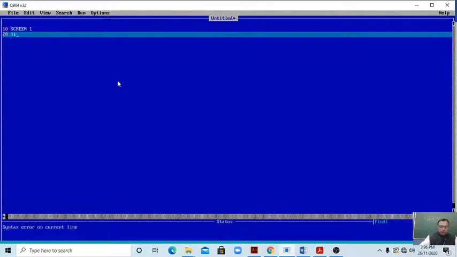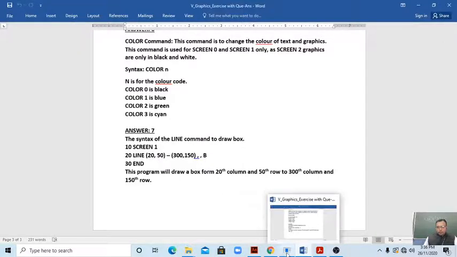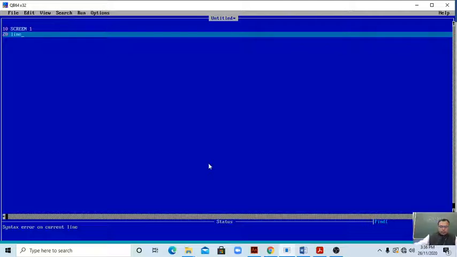So LINE, we are showing you line 20,50 to 300,150. So (20,50), close, dash, then (300,150).